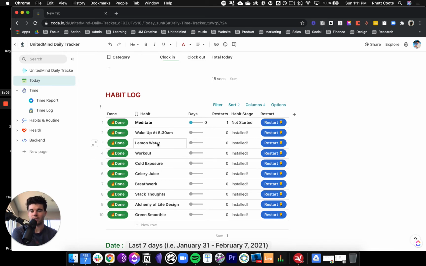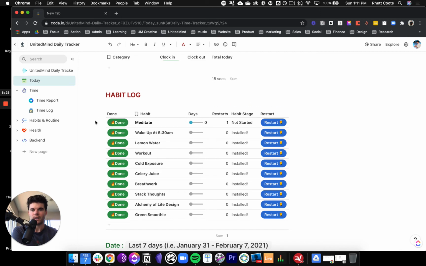If you want to keep it simple and just try to implement 4 habits, for example, for the month, then I would delete these and just have 4 rows that you can really focus on to not overwhelm yourself when you're starting to track your habits. And this is set up so when you're done with a habit for the day, all you simply do is